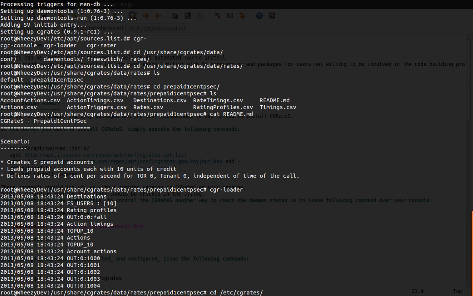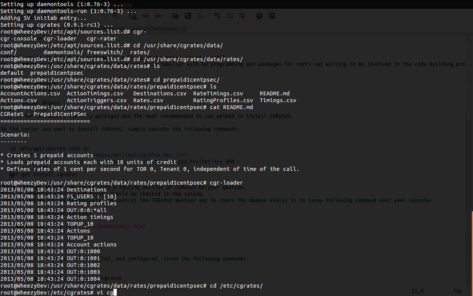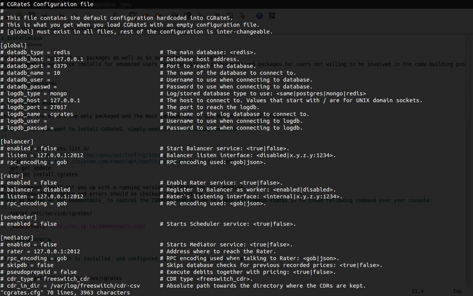Now we go and configure the CGRateS, and that's in etc CGRateS. You can see here our default installation. So we need to start the service we are interested in. We are interested to start the rater. So we just put true. We are interested to start the scheduler, which will add balances for us, and